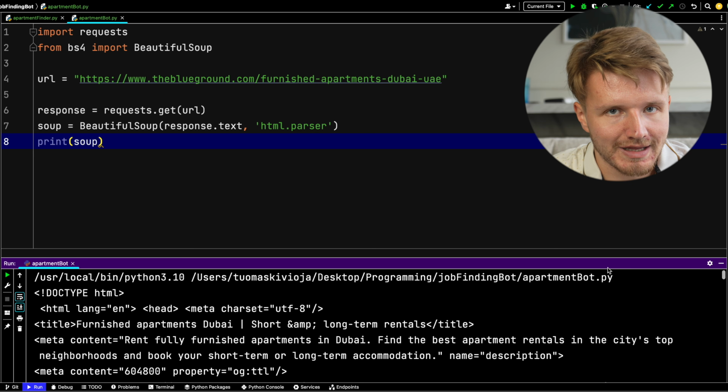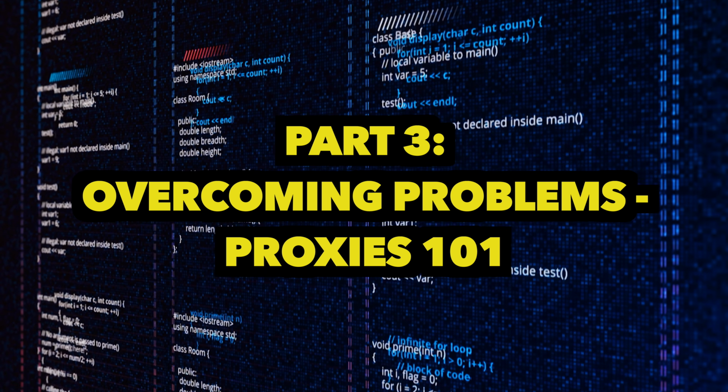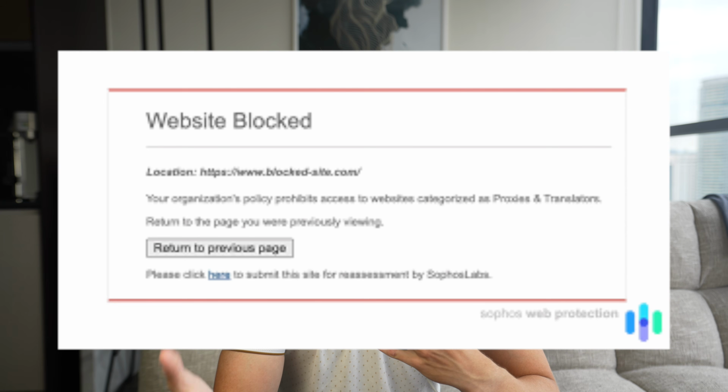But before we move on to the actual project, there's a couple of issues that you're going to run into essentially every time you do web scraping. For example, a lot of websites don't really like seeing their websites being scraped by bots. They want to only see human traffic going into their websites. So what's going to happen a lot of the time is that you'll build an amazing web scraper, you use it for a bit of time, but then it's going to end up being blocked by the website